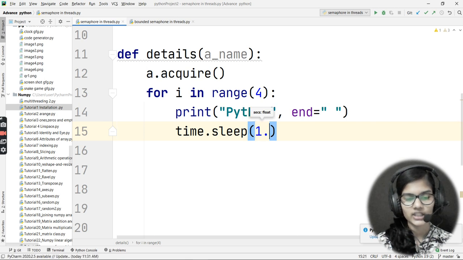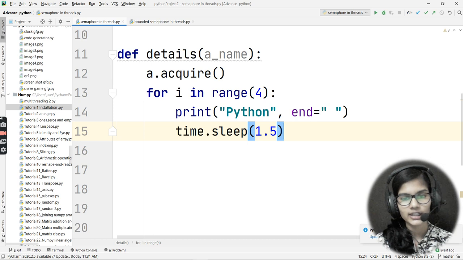Let's say here I give 1.5 seconds. The value you give here will always be in seconds. If you want to convert it into minutes or hours, you need to multiply accordingly with 60, right? But here the default value is in seconds.